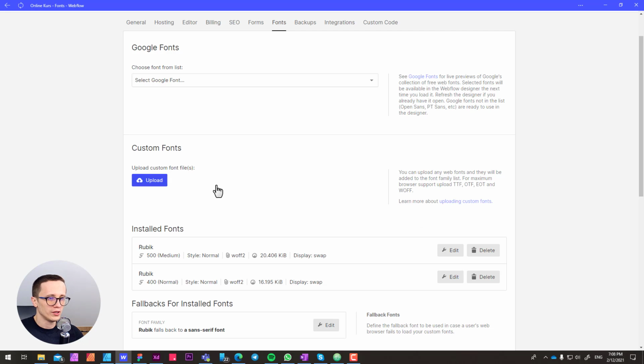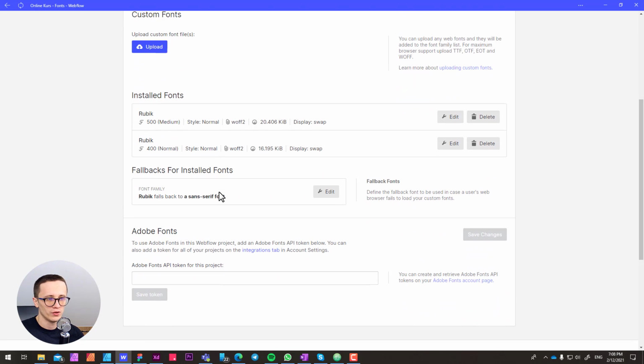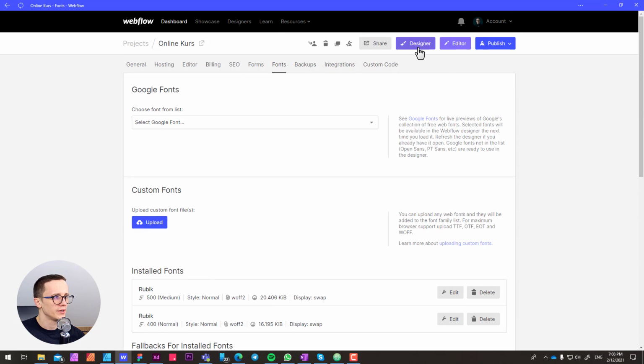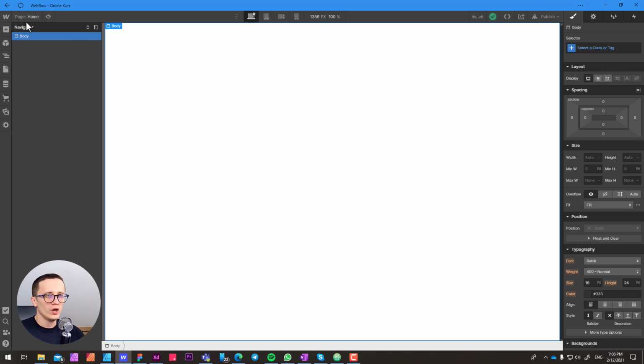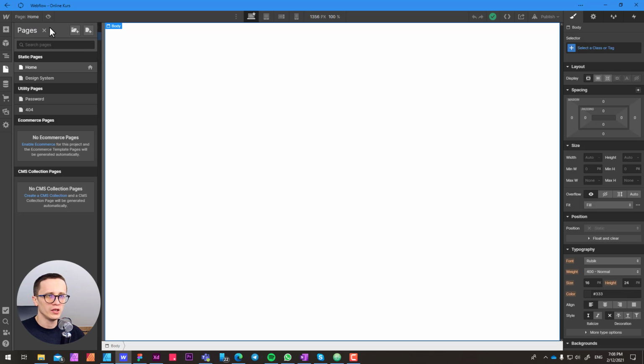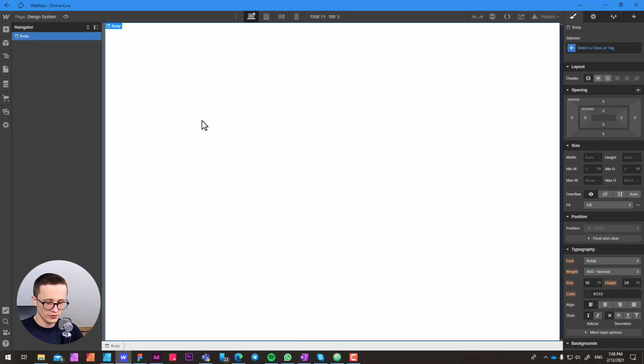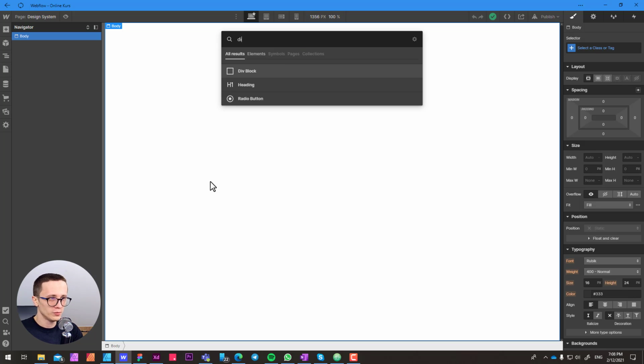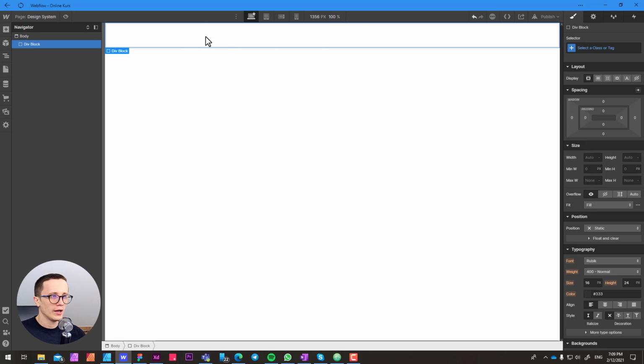So I'm having my Webflow right here, and as you remember, in my previous episode we uploaded the Rubik font. And now let's click on the designer. What I love to do is go to pages right here, click on plus, and create a new page. Now my new page can be named design system, and the first thing is obviously my container. So I'm having a container of 1200 in width, so I'm gonna do a div block, and I'm gonna add